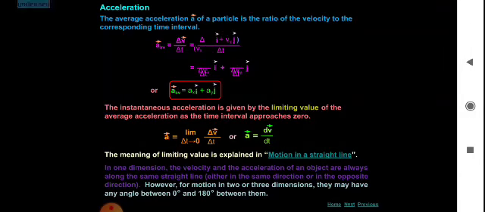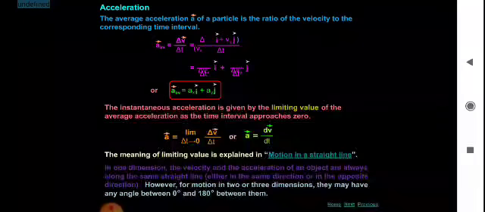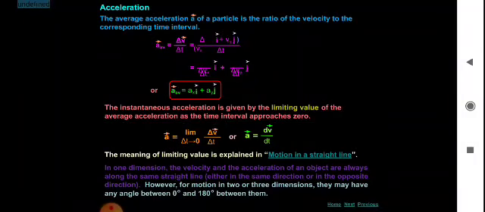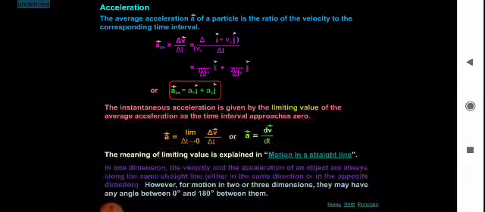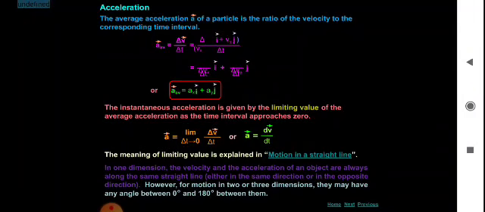The average acceleration of an object for a certain time interval is the ratio of change in velocity to the time interval in which the change takes place. So here, if the vector delta v is the change in velocity during the time interval delta t, the average acceleration is the vector